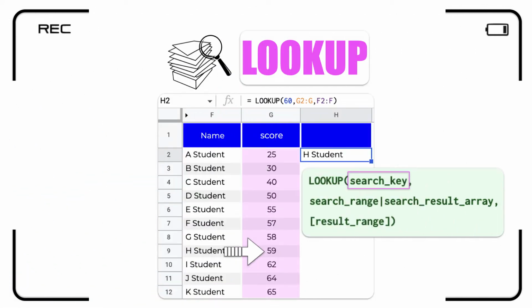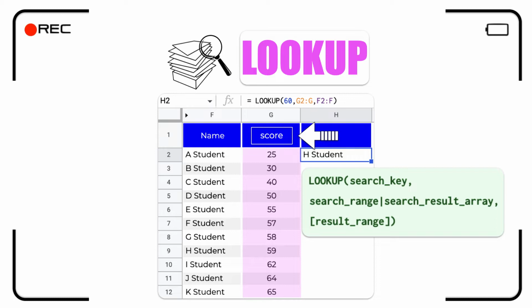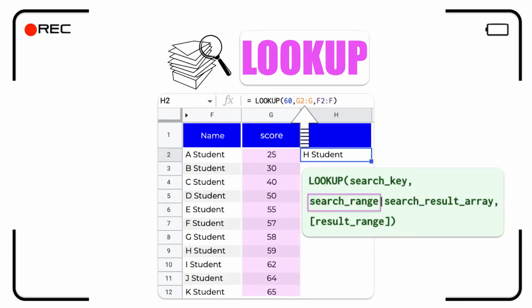The core concept of the LOOKUP function is it looks for an approximate value if it doesn't find the exact value. For example, we have a table containing the students' names and score in ascending order. The scores should be in ascending order to get a correct result. Our mission is to find the student who has got 60 on the exam. The value that we are looking for is 60. The range where we find the value is the scores column. The range from which to return the name is the names column.